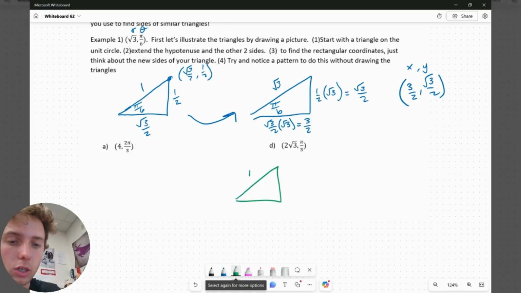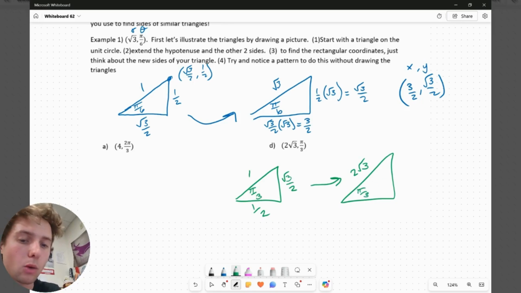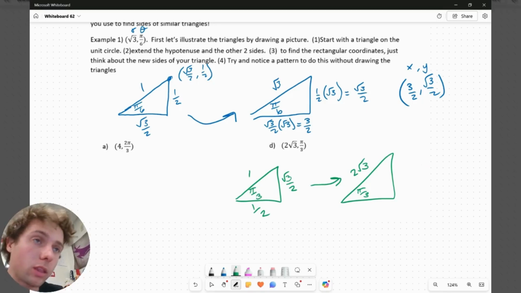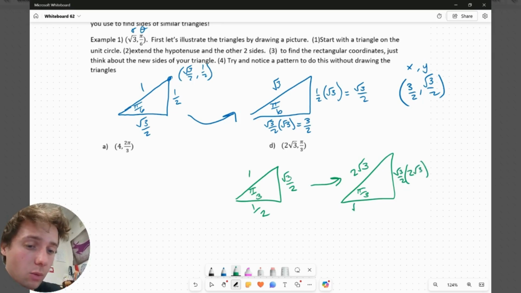Start with a unit circle, start with your angle. Think about the coordinate and what the x value and the y value must be. Think about how we must change that triangle to change the radius. Realize that's really just taking 1 and multiplying it with the radius. So that means these other sides just multiply with whatever the radius value is. Oops, this one should be 1/2